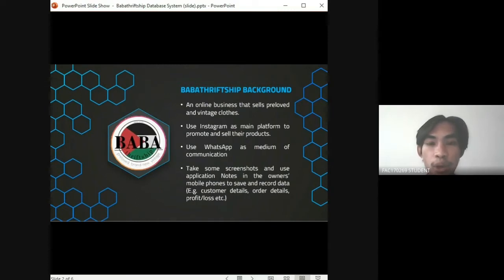They utilize all the functions available on Instagram, such as story and live, to increase their sales, as well as allowing them to sell their products directly at a distance. During their live, the customer can buy directly by commenting on their live, and it will be screenshotted as their record. Moreover, the customers may chat with the owners through Instagram for any enquiries or to purchase their items.